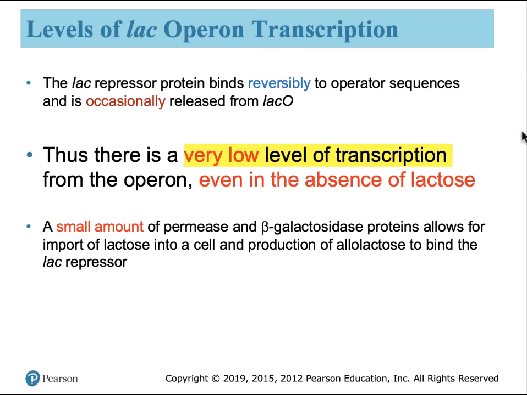The reverse is also true. When the repressor is bound to the operator, it's bound there not permanently, it can fall off because of molecular motion. And when it falls off, an RNA polymerase, which happens to be sitting behind it, can escape down and transcribe the genes at a level of 1 or 2%.